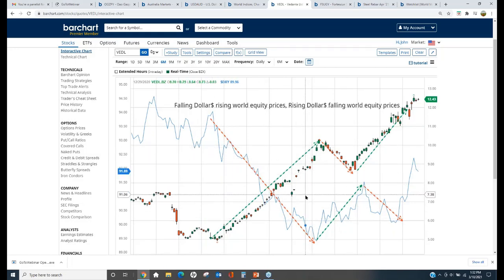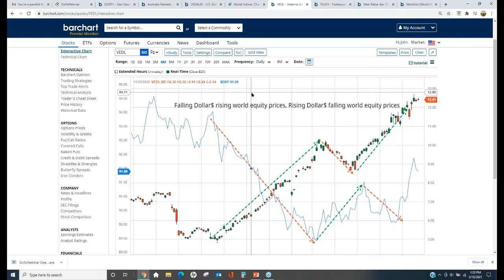Again, I want to reiterate the timing, right? Sometimes the prices have to fall before the equities start to become cheap, or the dollar has to rise before the equities fall, right? And we do see that, the dollar has strengthened, and yet this equity is kind of hanging in there. Now, that could mean that these equities are going to fall, but we are seeing that the dollar is retreating a little bit. Now, this is the dollar index, and the dollar index is made of components of some European currencies, the Canadian dollar and the Japanese yen.